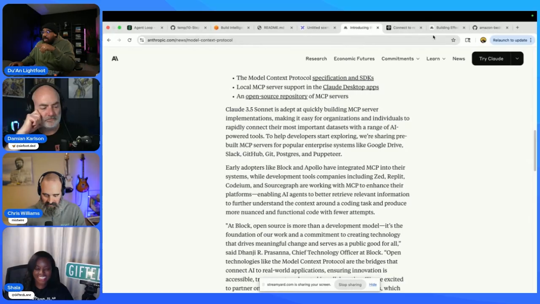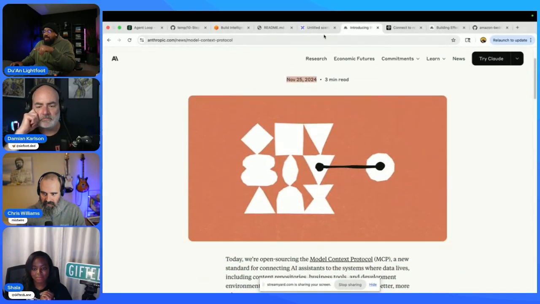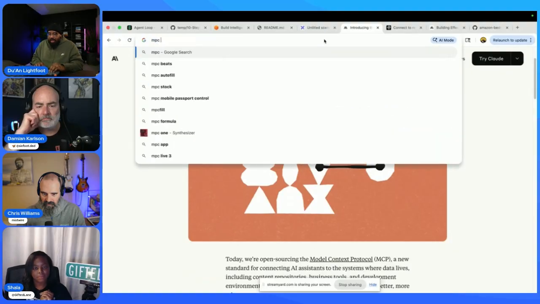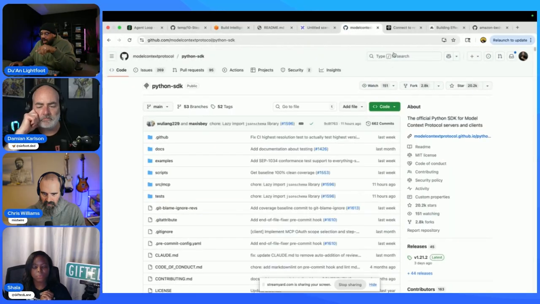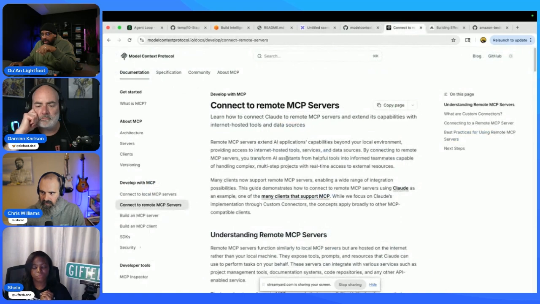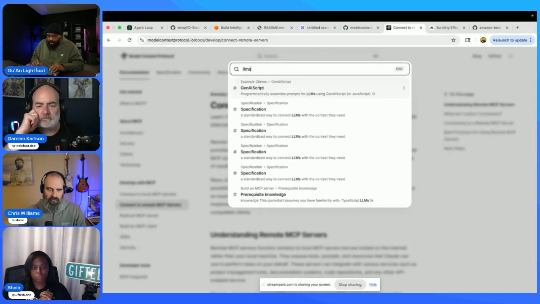But going back to MCP, I read the blog, and then I went to the MCP SDK, the MCP Python SDK. I cloned this locally. On the MCP website, there's an LLMs.txt.